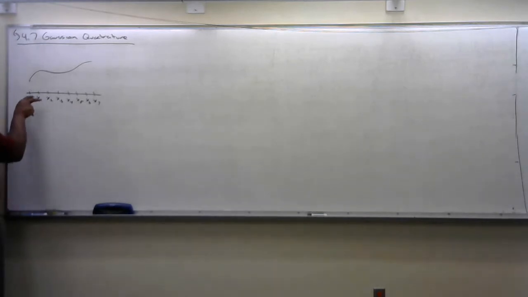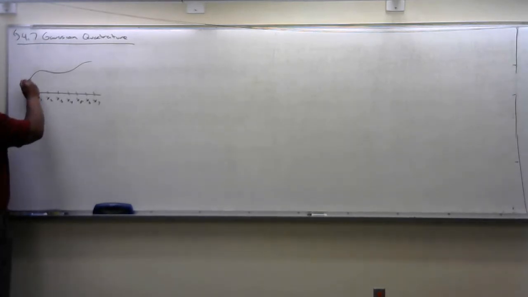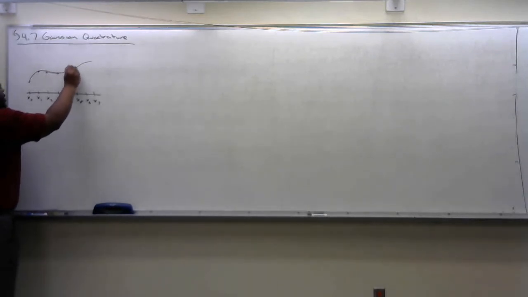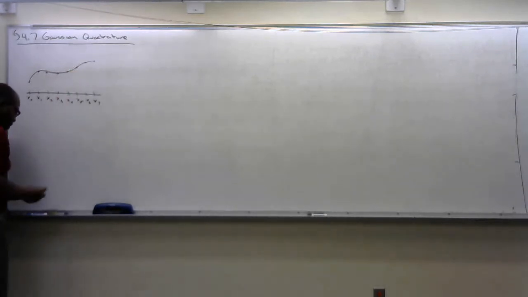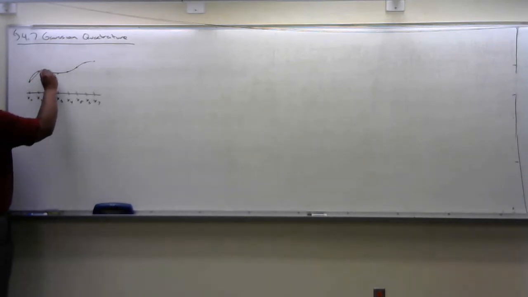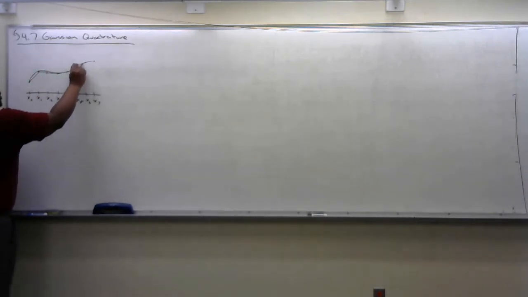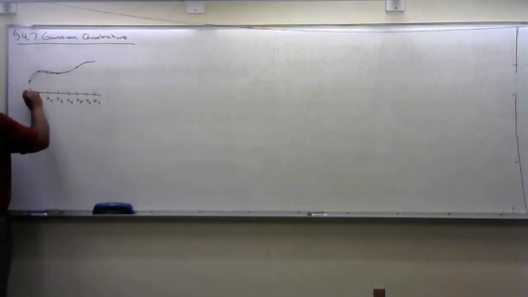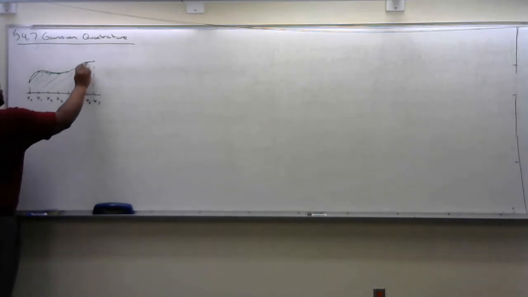So I would have my nodes placed, and then I would approximate my definite integral based off of that information. So maybe I would do something like a trapezoid method approximation, something like this. So I would connect the lines. And then I would look at the area underneath this trapezoid,